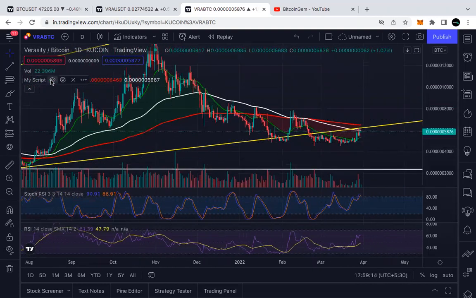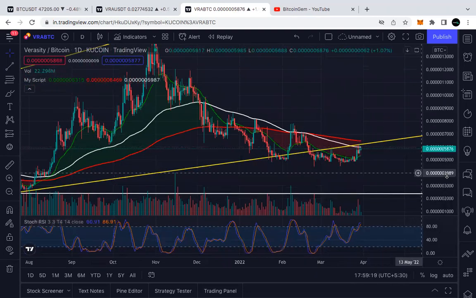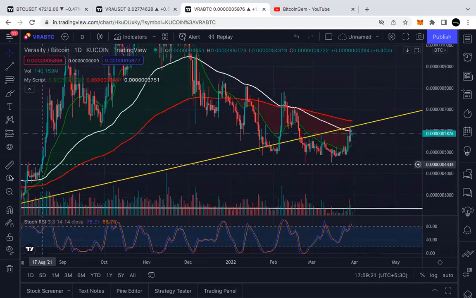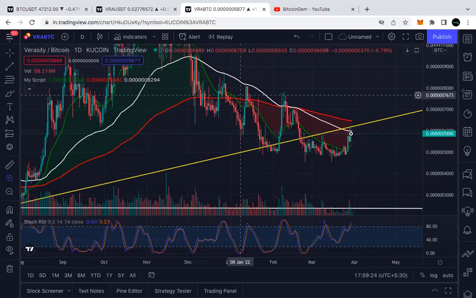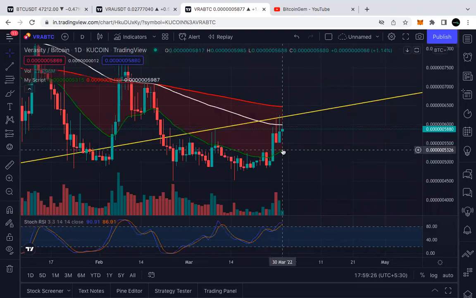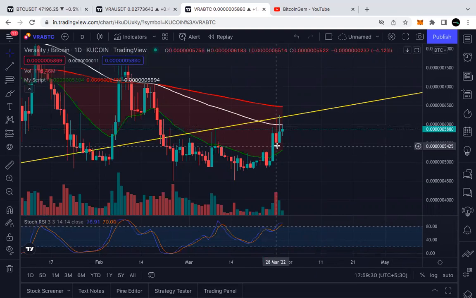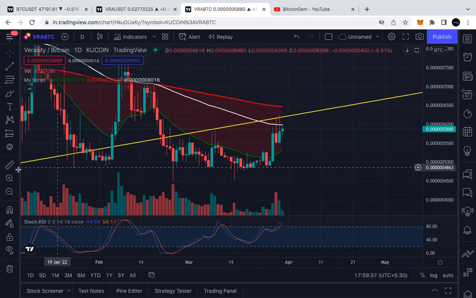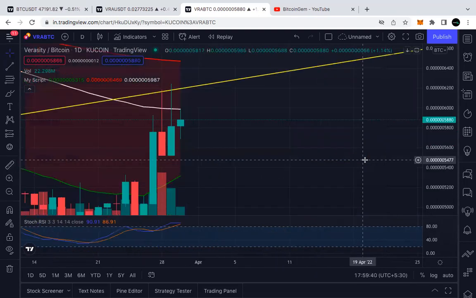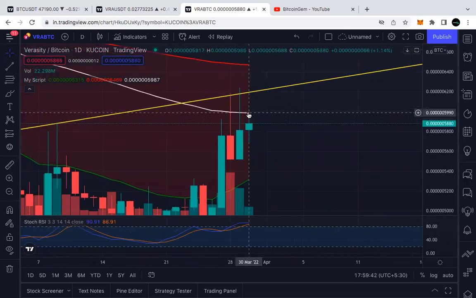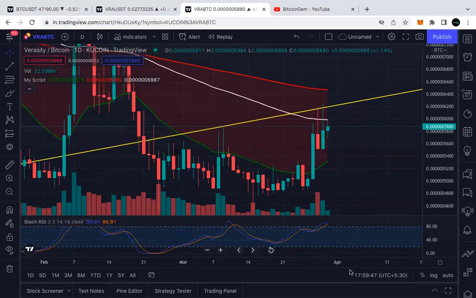So even if we look at the daily chart, and this is again VRABTC, what we can see is that it has broken 21 EMA, which was a first previous resistance. We have broken it and are back into support. Now we are getting resisted by 89 EMA and this yellow trend line. These two are the resistance. Look at over here. And once we break this, we'll have the final resistance at 200 EMA on